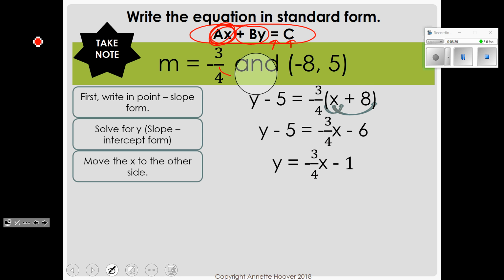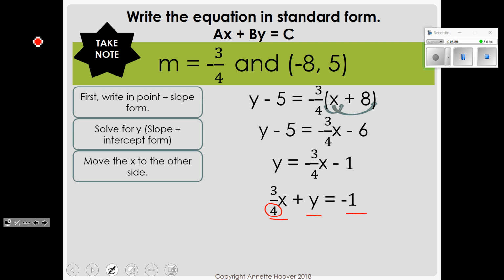Now, in standard form, you cannot have a fraction. So we have to get rid of this denominator of 4. It's very simple to do. Whatever the denominator is, we're going to multiply all 3 terms by that denominator. So since we have the fraction 3/4, if we were to multiply all 3 terms by 4,